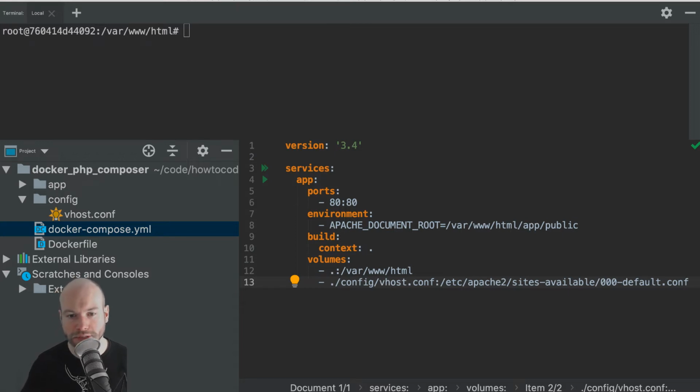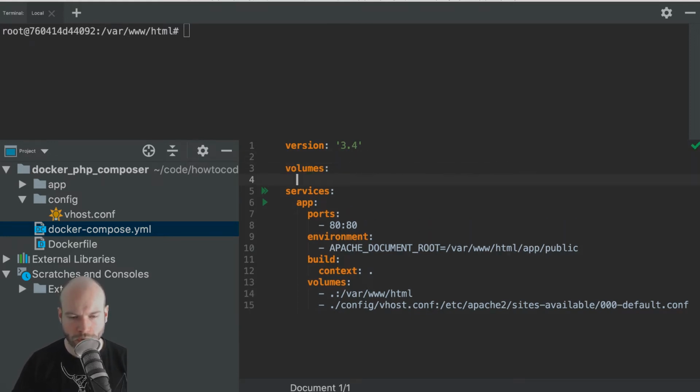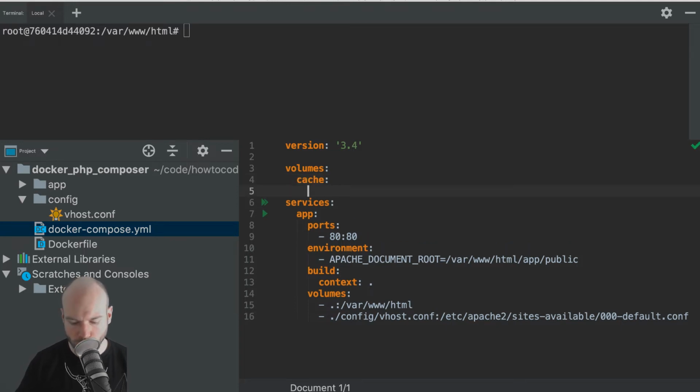These aren't bind mounts, even though we've bind mounted, we've bound, shall I say, the current working directory like so. What we can do is we can do volumes, and I'm going to do one for cache. And I'm going to do one for log.